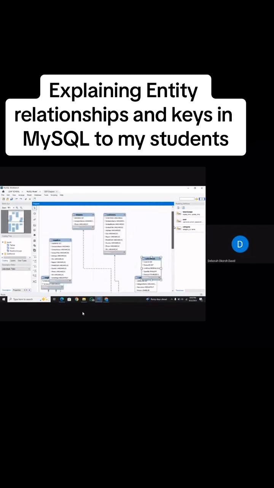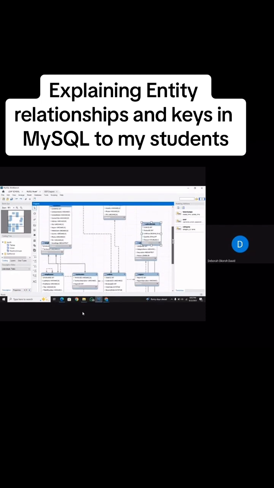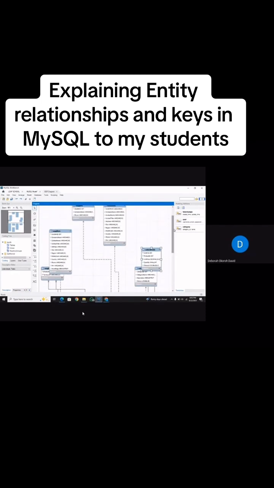So MySQL has made it in a way that you don't even have to sit down and start analyzing each entity to understand their relationship. MySQL uses indications like this to help us identify relationships between tables. So what this means is one shipper